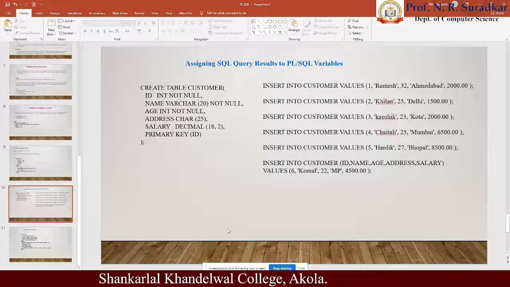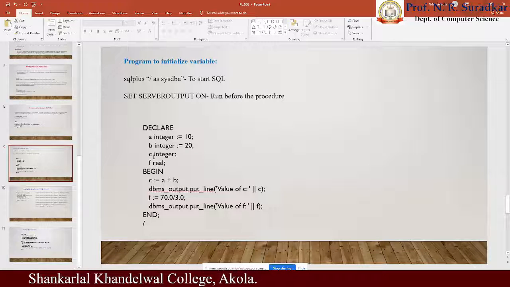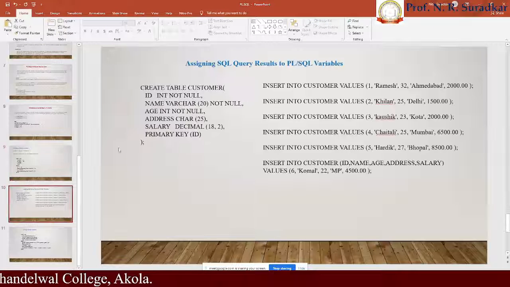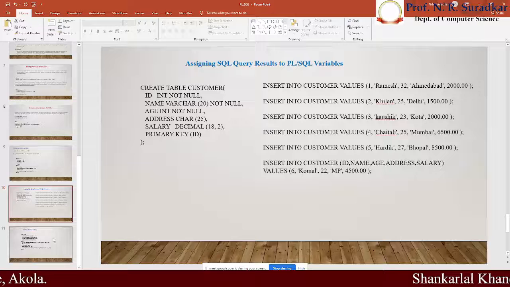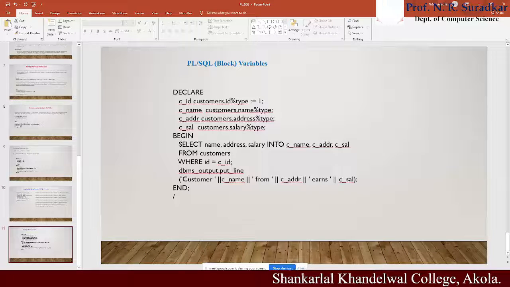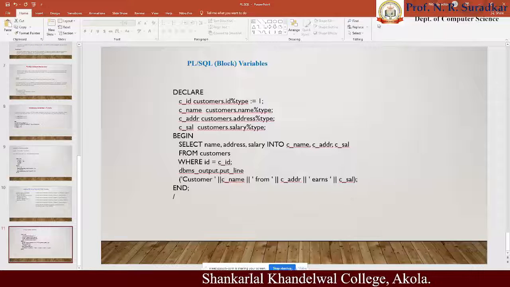Means whichever PL/SQL procedure we may use, like this. These are the PL/SQL procedures. This PL/SQL procedure is used for performing the arithmetic operation. Likewise, the next PL/SQL procedure we use, we assign this result to that and perform a certain operation. It does not mean that this particular statement will not perform the operations. Definitely it will perform the operation, but when we assign this result to this particular block, the PL/SQL variable, it will produce a certain result according to the condition here.